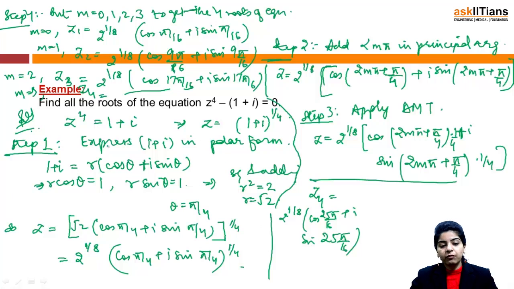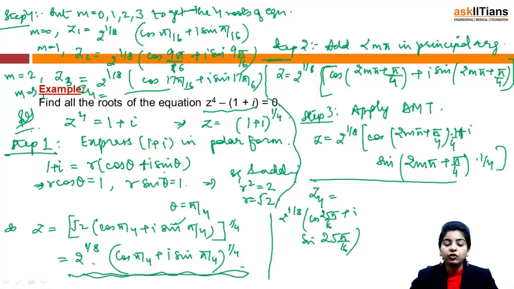You will proceed stepwise. Firstly, since we had the equation as z⁴ minus 1 plus i equal to 0, first of all we will put z equal to (1 minus i) raised to the power 1/4. Then you will try to express your given complex number in polar form. You will find out the values of r and theta, and then you will substitute them in this equation. And finally, we will have an equation of this form.